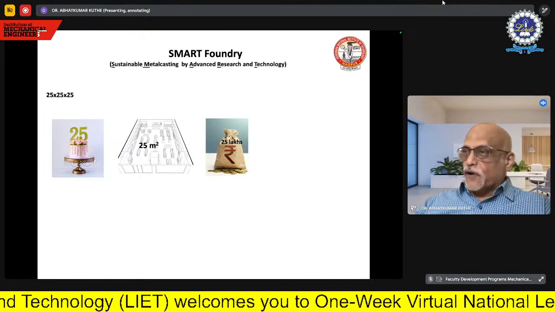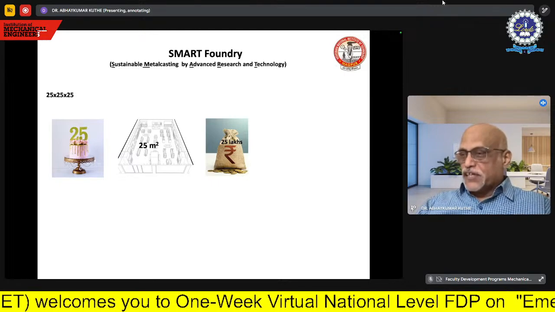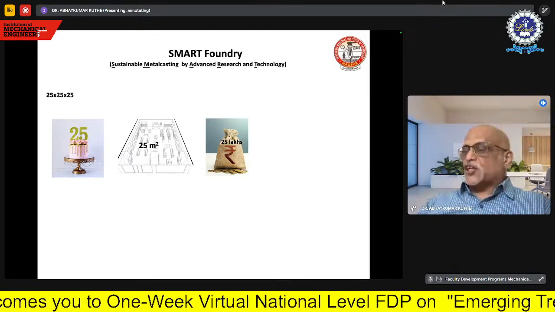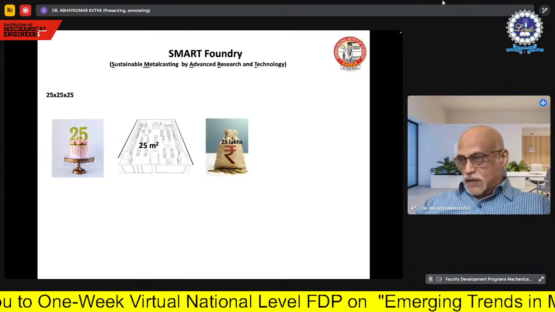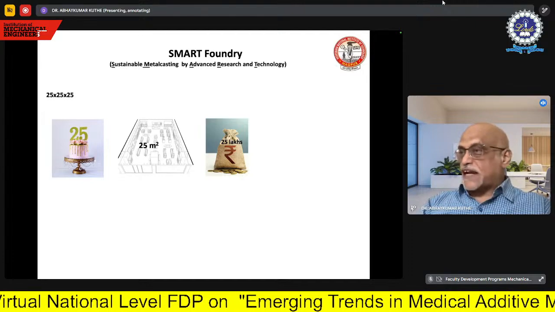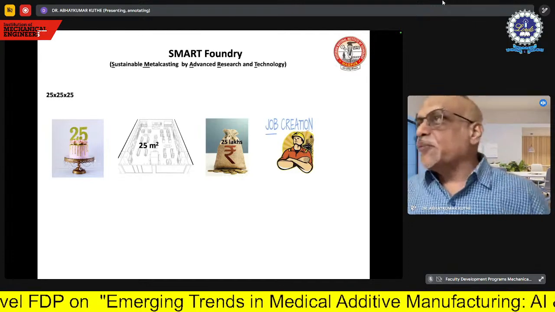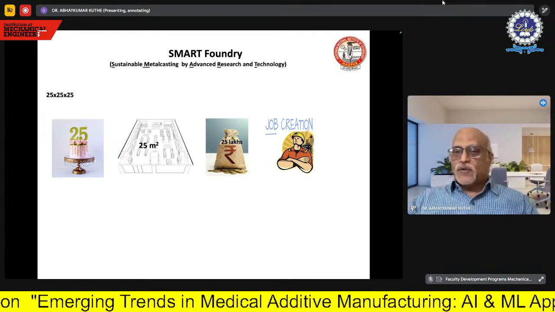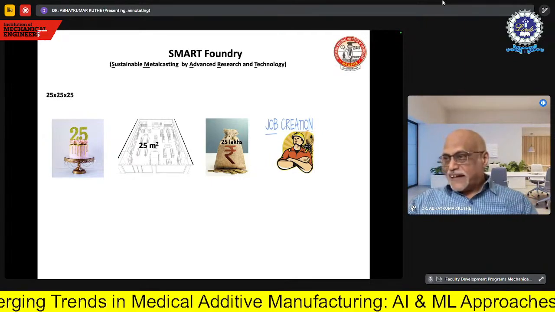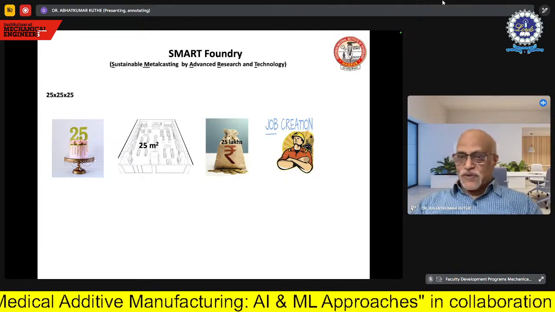So it is possible for the engineers to show the feasibility of such type of product, so that he can then showcase it to the angels or the venture capitalists, and ultimately will be in a position to start his own company. So that's what we talk about, the job creation. That means he will be in a position to start his own company. So ultimately that is a startup. And that's how I already showed you some of the nice cases from our institute itself.